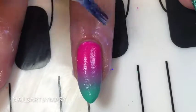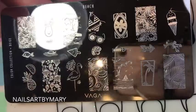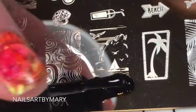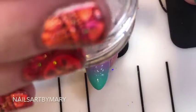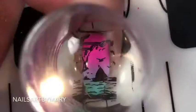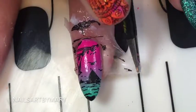This latex was a little bit older, which is why it kind of looks like that. Now I'm using VAGA's beach themed stamping plate, and for the first nail, I'm gonna stamp this one onto the sunset gradient that I did. I'm squishing it on to make sure that the image stays, then I just peel off the latex around this